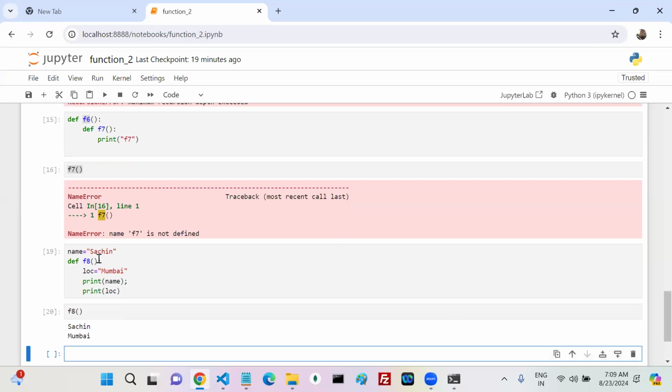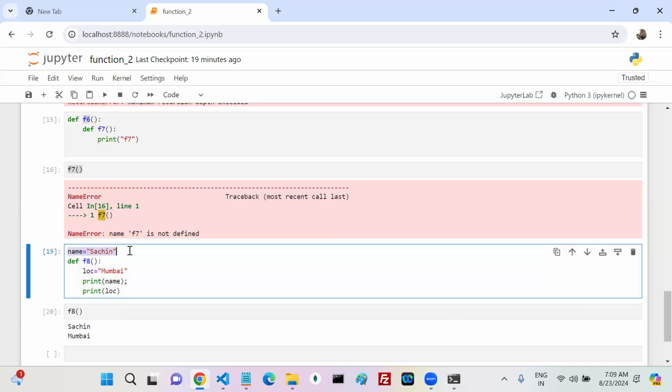No, right. See, you defined name in the notebook. This is not inside any function, right? This is not inside any function. If it is inside the function, I can use it inside the function only. But name, you defined outside the function. We can say this variable is a global. Okay, this particular variable is a global.